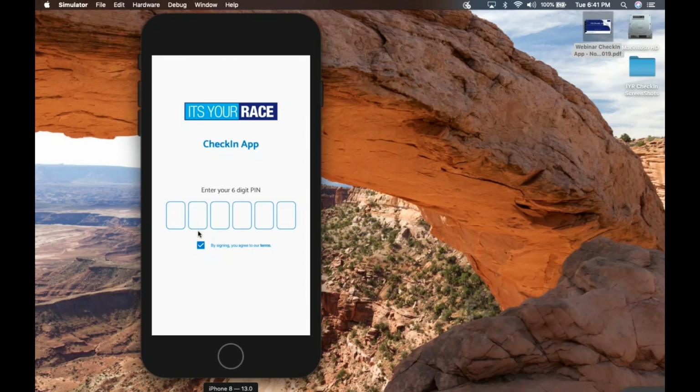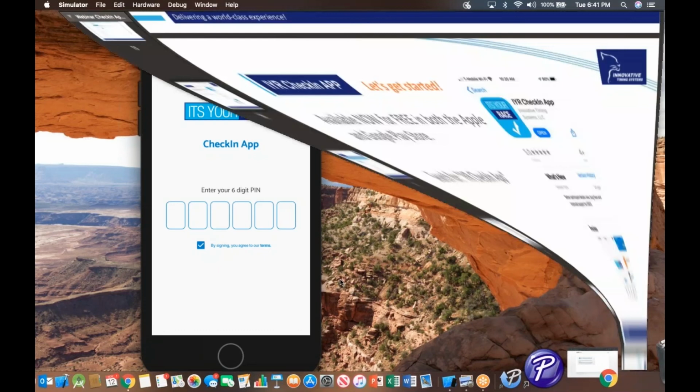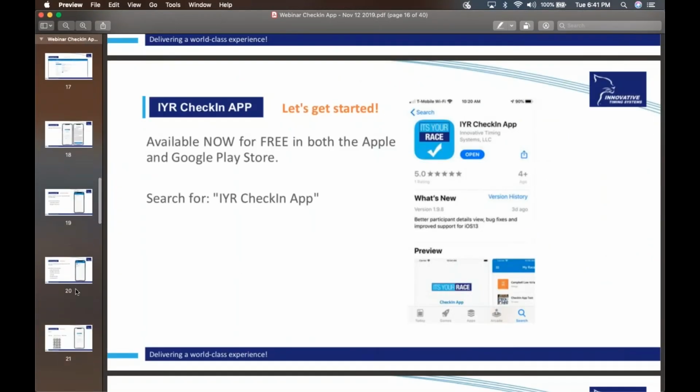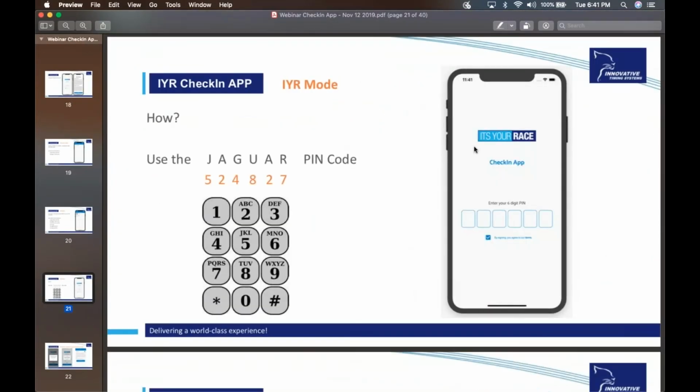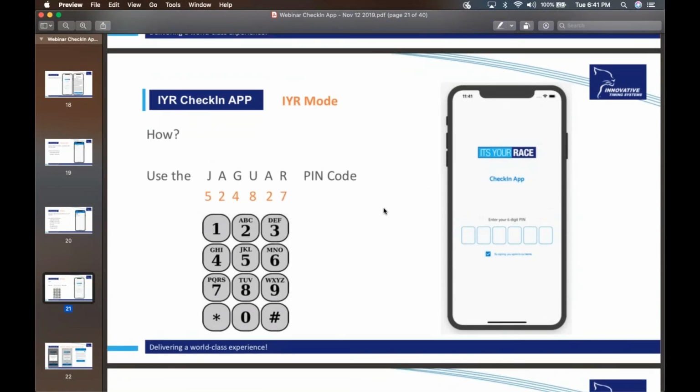So now we're going to move to the It's Your Race user mode. So you as a timer, how do you use the app with much more functionalities? In order to do that, you're going to be using the magic pin code. So I'm switching to the presentation, so that the instructions are super clear. And again, this presentation is made of almost 40 slides, and you will have it at the end of the